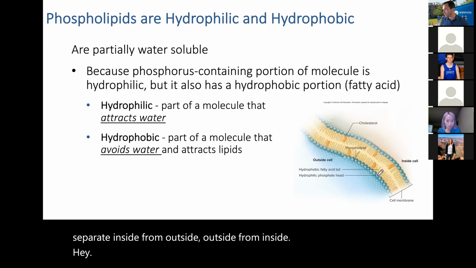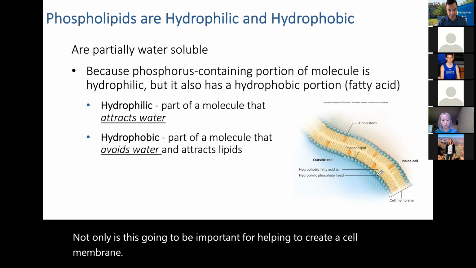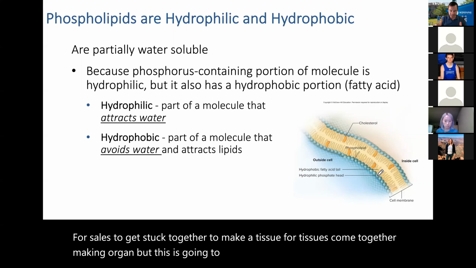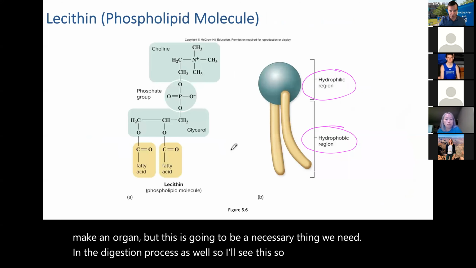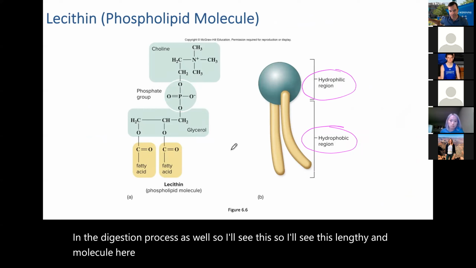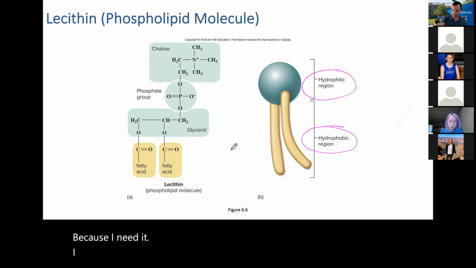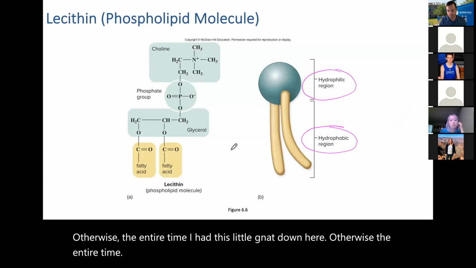Not only is this going to be important for helping to create a cell membrane, for cells to get stuck together to make a tissue, for tissues to come together and make an organ, but this is going to be a necessary thing we need in the digestion process as well. So I'll see this lecithin molecule again during the digestive process because I need it to have this hydrophilic and hydrophobic region. Otherwise, the entire time that we break food down,